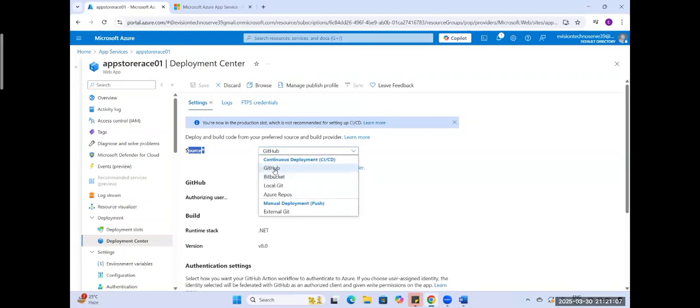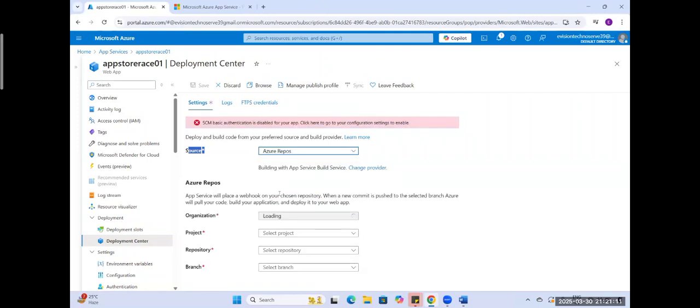GitHub we will discuss in future classes. Then there is Azure Repos. Using Azure Repos also, you can select your project and your repository, then you can upload the code. In case you don't have the code available in the deployment center location, then the second process will be